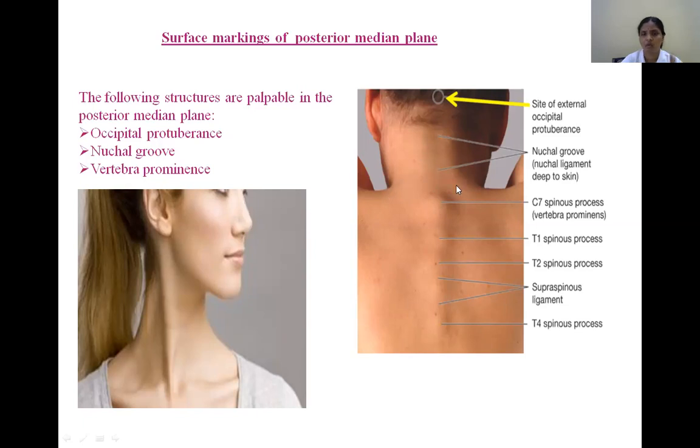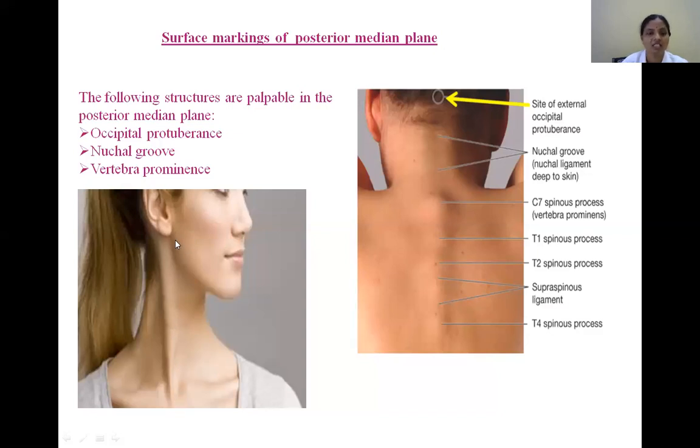Trapezius muscle. Okay. And on the side of the neck, one more prominent structure. See, if you move your head towards the other side, so the opposite side, the prominent structure here in this picture you can identify. So the head movement towards the left side, what happened due to contraction of the right sternocleidomastoid. So this is the right sternocleidomastoid.